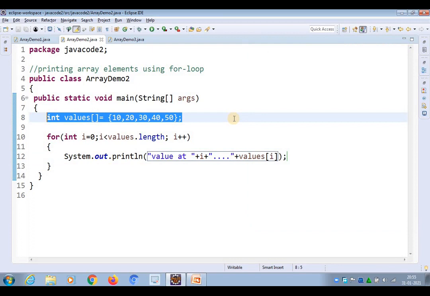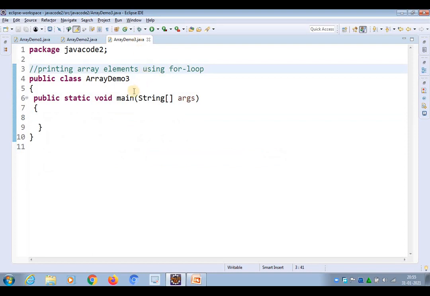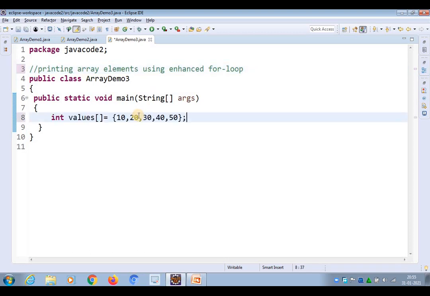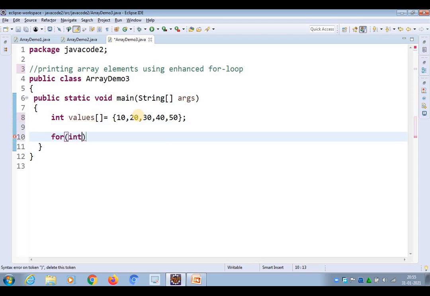Later I am going to write another example which is used to print the elements by using the enhanced for loop. The enhanced for loop is used for printing the elements from arrays and collections. First we are introducing it with arrays. For doing that, simply you can use for int i colon values.